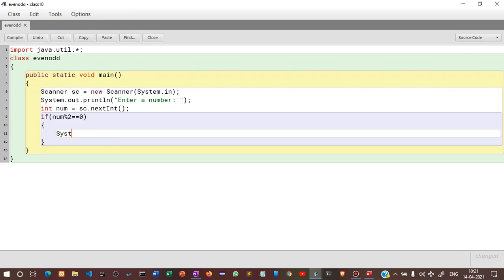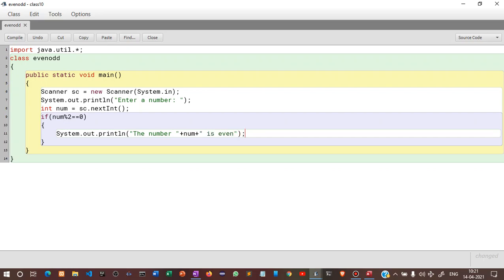Then we will write the following. If it is equal to 0, we will display System.out.println, the number that the user will be given. Then we will use plus num to show that what the user has given is even.